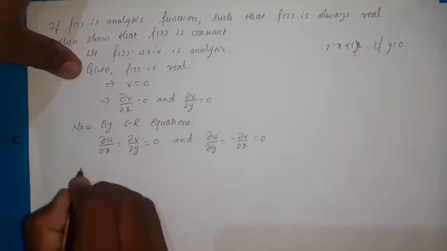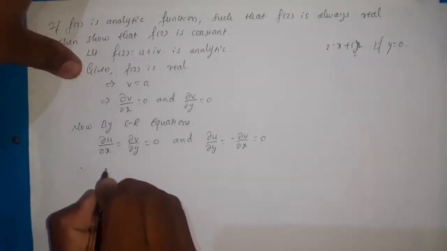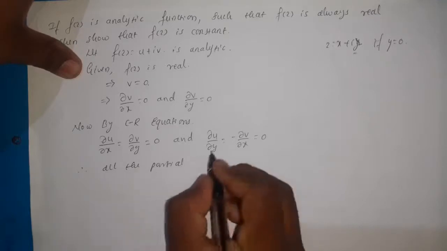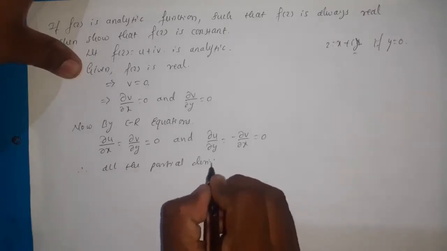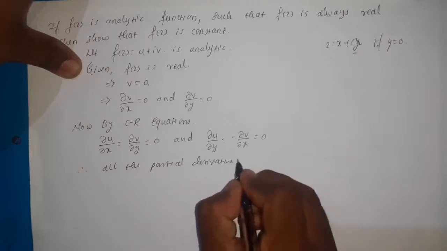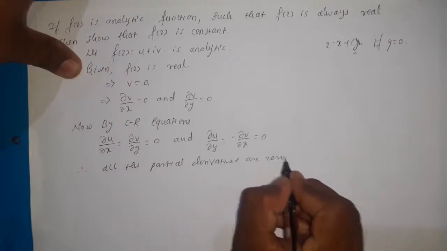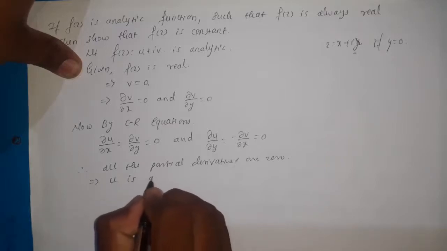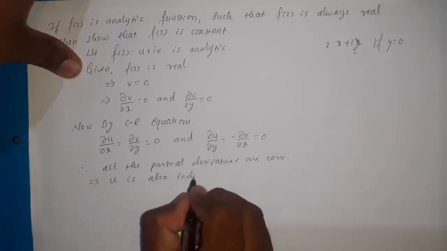So therefore all the partial derivatives are 0. It implies that u is also independent